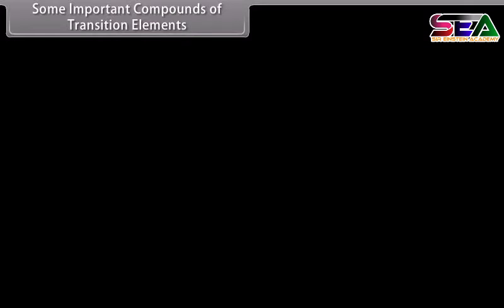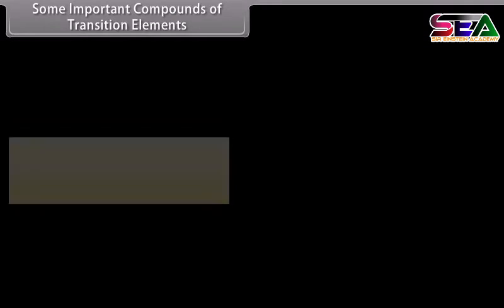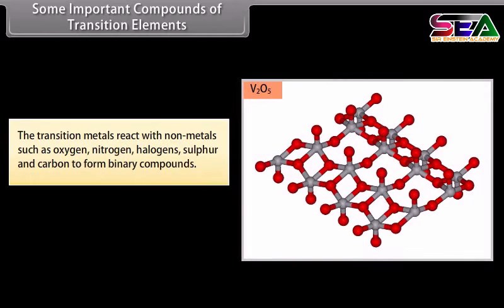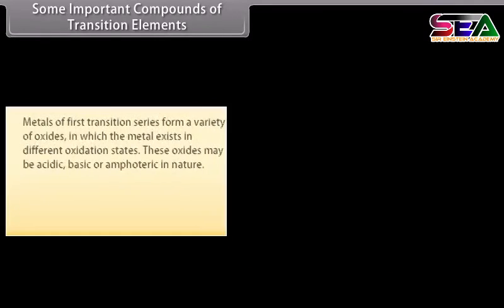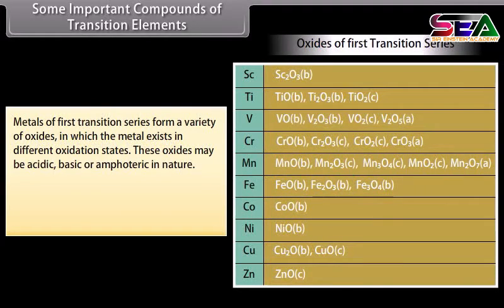Some important compounds of transition elements. The transition metals react with nonmetals such as oxygen, nitrogen, halogens, sulfur, and carbon to form binary compounds. Some of these compounds find important industrial applications. Metals of first transition series form a variety of oxides in which the metal exists in different oxidation states. These oxides may be acidic, basic,